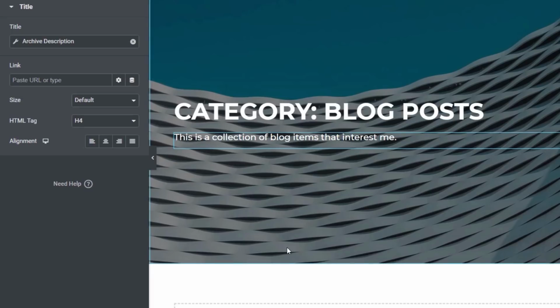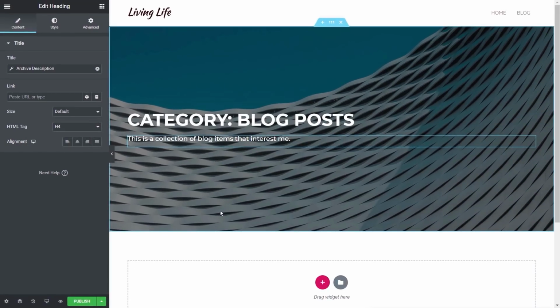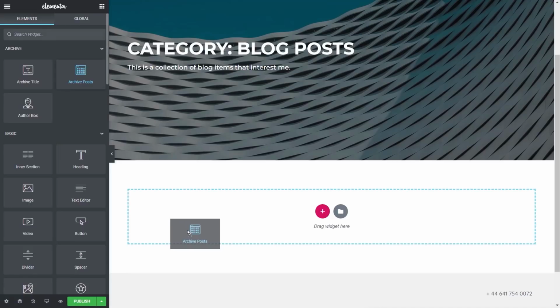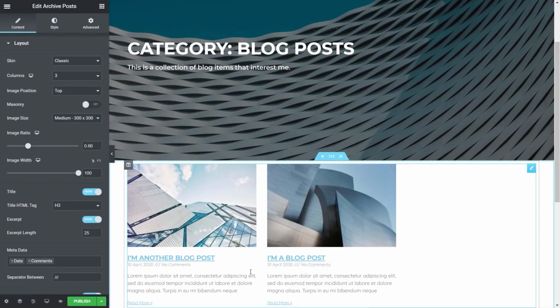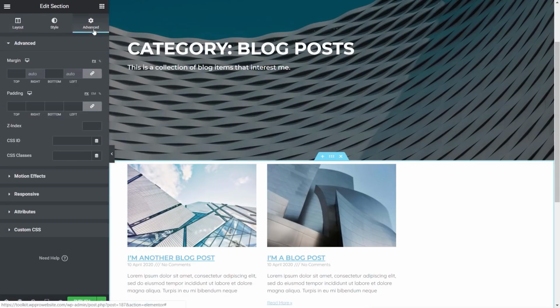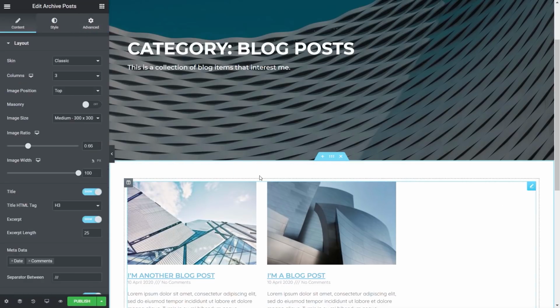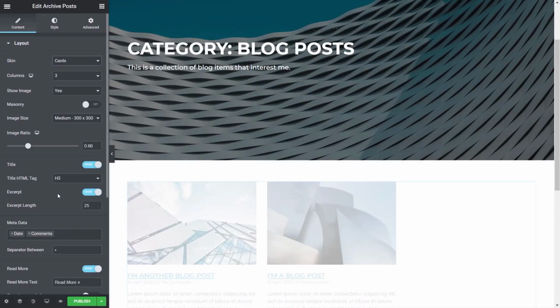So we created the title and we've done the basics of this. Let's just drop in the archive itself now. So we're going to keep this really super simple. I'm going to come back out and we'll just grab the archive posts and drop that inside there. Make a little bit of space for it. So we'll put 50 pixels above and below. There we go. And we'll just click on this and we'll change that to be cards just so it looks